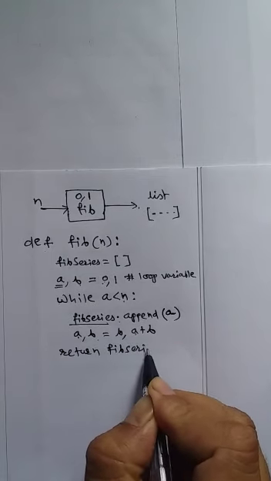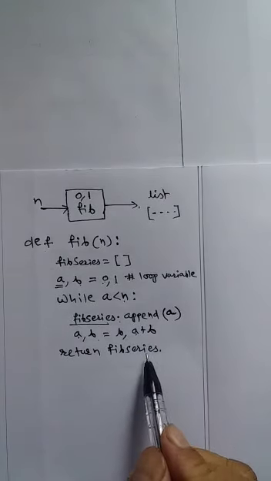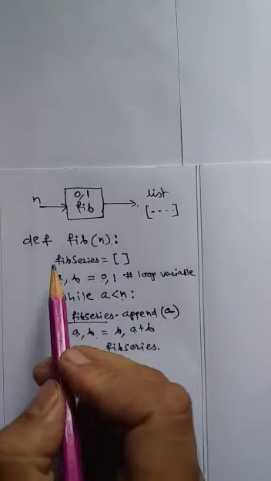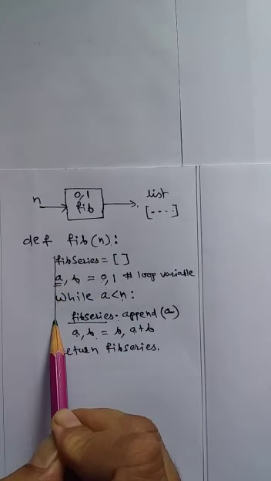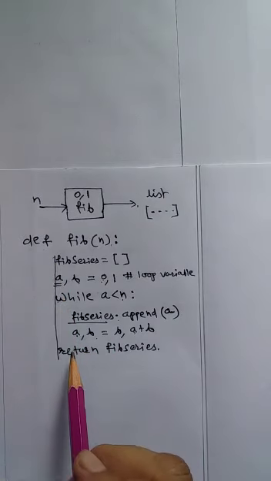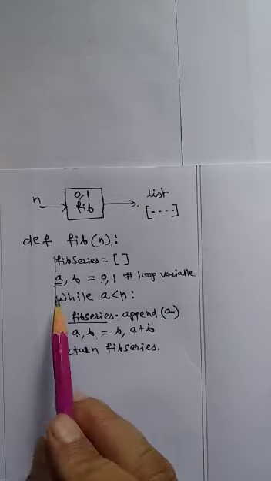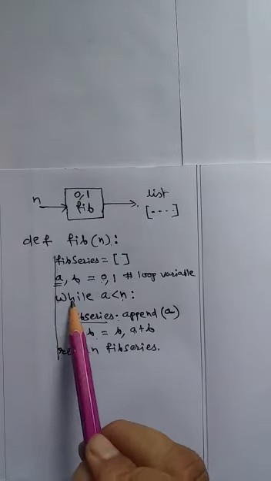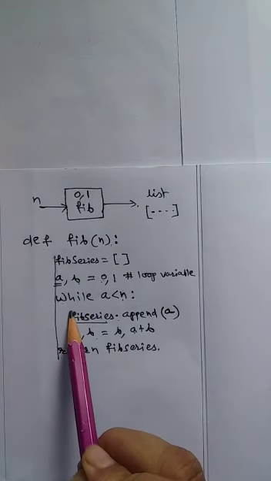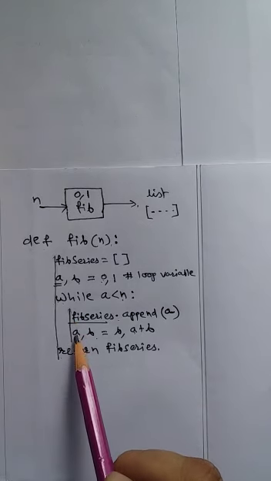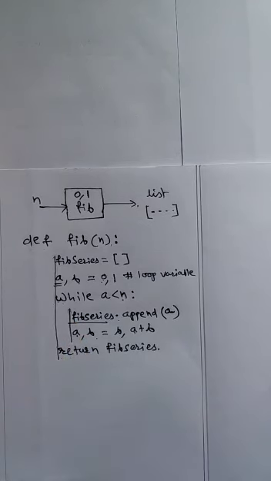So the last statement will be return, and which variable are we returning? fib_series. What is this fib_series? It is in the form of a list. And here one important thing we need to concentrate on: when you are writing a function, remember to make the proper indentation. These lines must be exactly below each other. Even if you shift by a single character, it will generate an error. So this is the first block. Further, the second block is in the while loop. So here this must be properly indented, and the first letters must be exactly below each other.